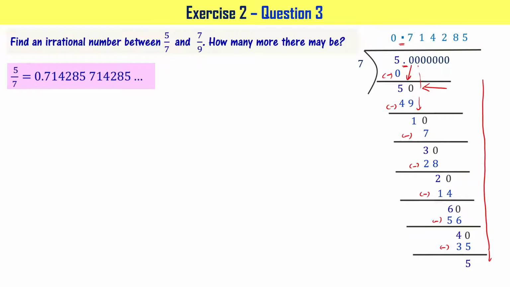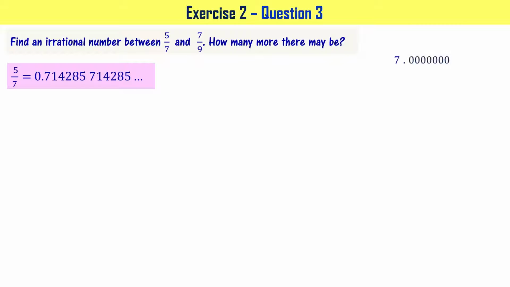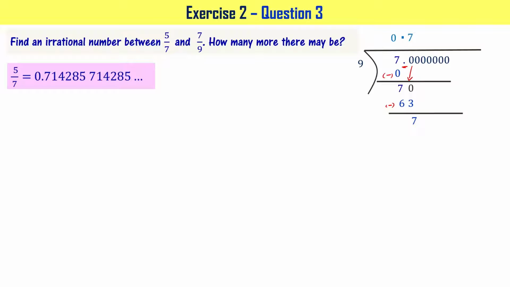Now let's find the value of 7 by 9. I'm finding the decimal expansion for 7 by 9 using the long division method. We know 0 times 9 is 0. Subtract that from 7. You have 7 now. Since we have arrived at the dot here, let's put the dot in the quotient also and bring the first 0 down so that the 7 now becomes 70, right? 7 times 9 is 63, right? Let's subtract 63 from 70. Then you have 7 as the answer.